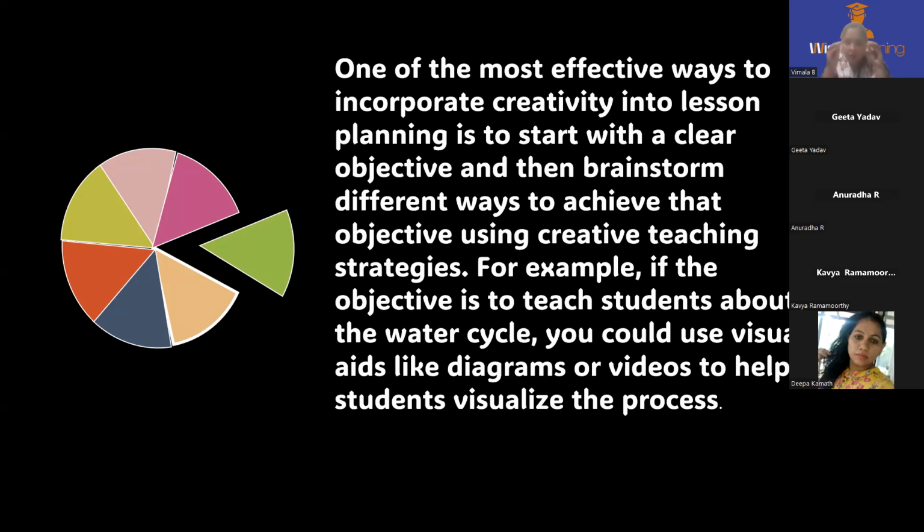So looking at all these concepts, we have to adjust our strategy and method accordingly in our lesson plans. For example, if teaching the water cycle is my content for today's session, I can use visual aids, or I can bring a model into the classroom, place it there and teach accordingly, making them touch and feel the model and understand the concept.